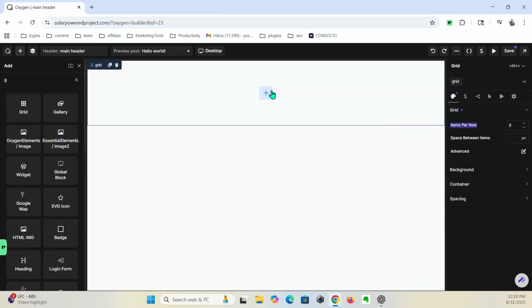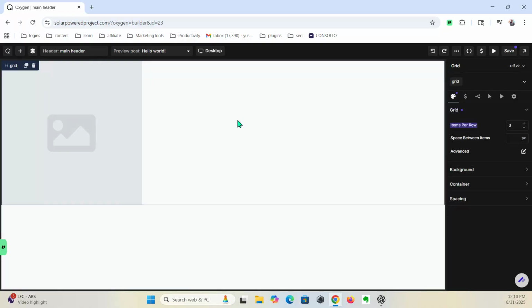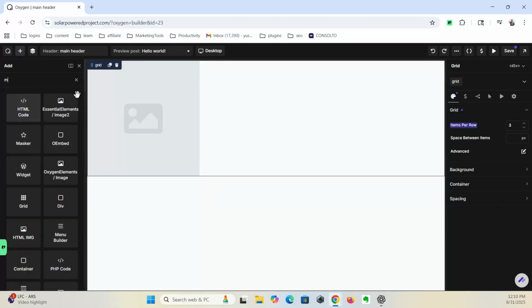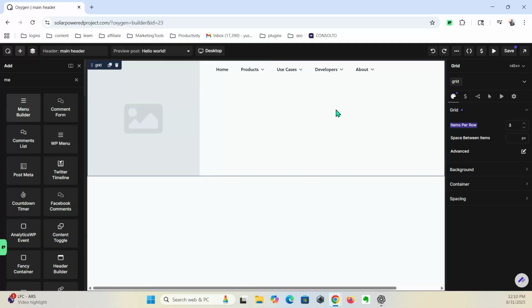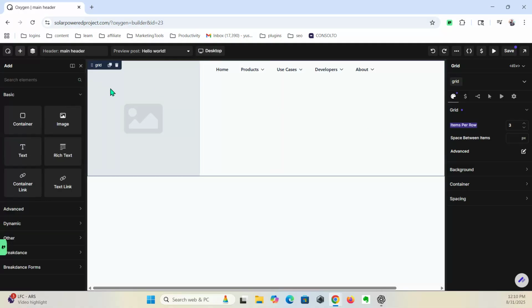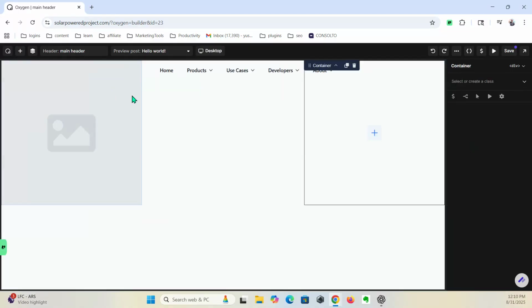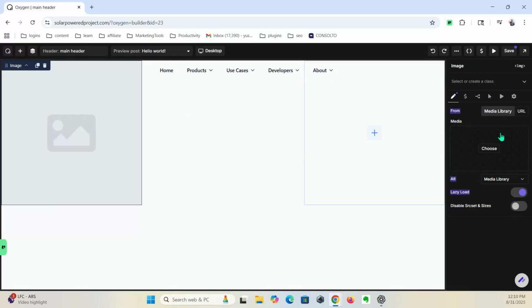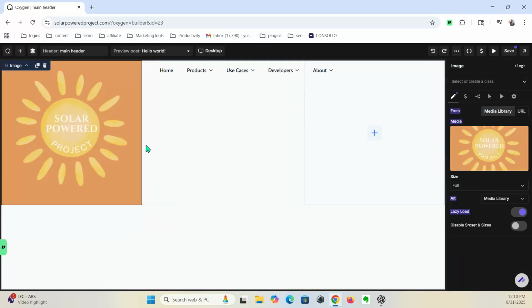So let's see. So we want image, then we want to add a menu builder. Okay, it's working, and we want to add a container. Okay, so there you go. So we're figuring it out. Choose. Okay, we're gonna have an image,